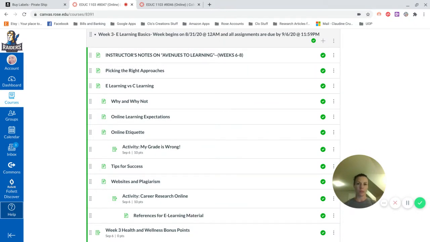It goes over a little bit of the differences between the two and the pros and cons of both. But it also goes over some tips and tricks on how to be more successful in online classes. So even if you are taking an online class and you normally wouldn't, but going forward in the future, especially